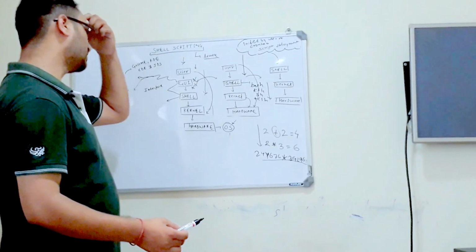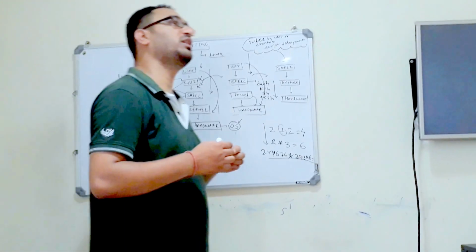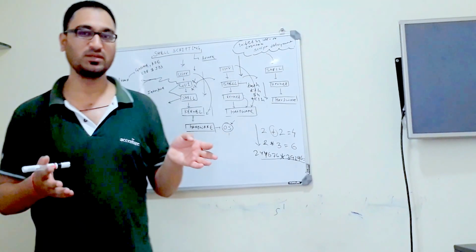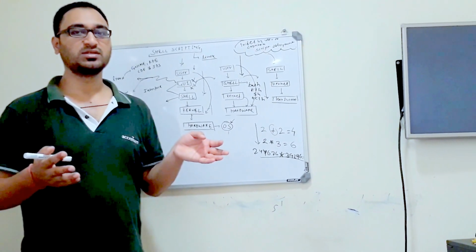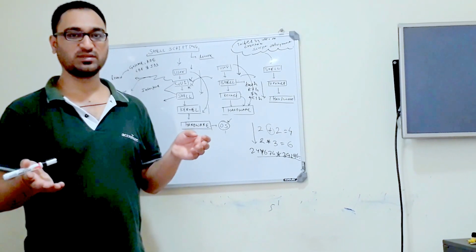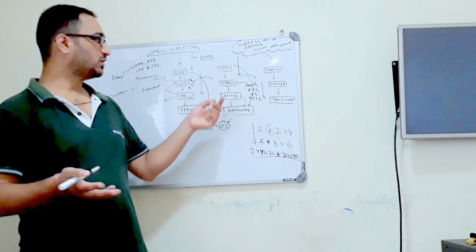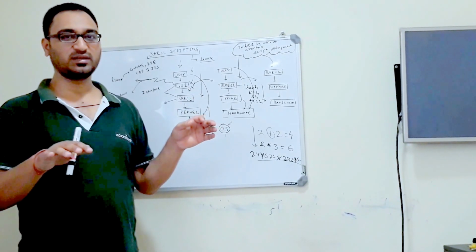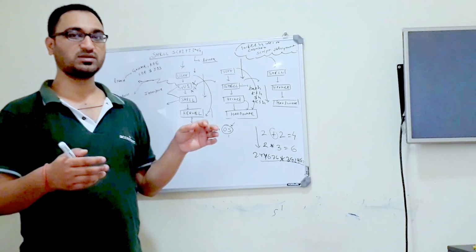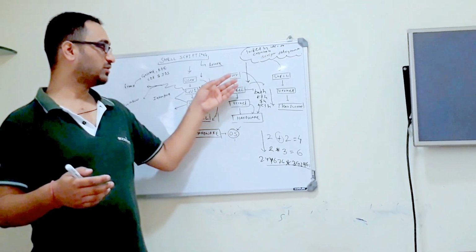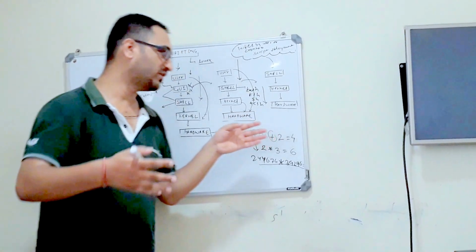Now suppose this is the example: if I want to create 10 users in one machine, and suppose I have 10,000 machines, so I have to create 10 into 10,000, 1 lakh users on particular machines. Now I'm not going the graphical way, I have to execute a command, like 3 or 4 commands I will execute. So it will take time, because I have 10,000 servers, it's very difficult.